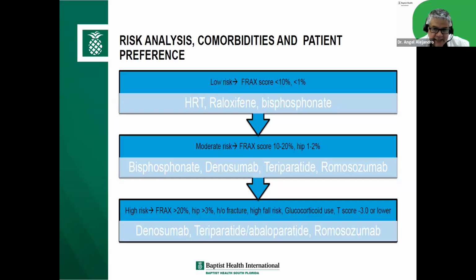So that is how we view osteoporosis here at Baptist. We follow the guidelines. Okay. We went over the guidelines on how to diagnose. We discussed treatment options. But remember, at the end of the day, our job is to prevent fractures. Okay. That's what we have to do. That's why it's so important to screen your patients. That's why it's important to identify secondary causes and treat those causes, because if we can prevent that first fracture, then we've saved the patient years of pain and years of possible comorbidities.